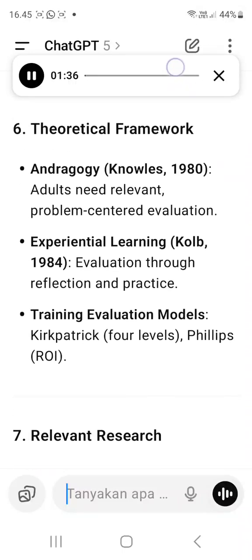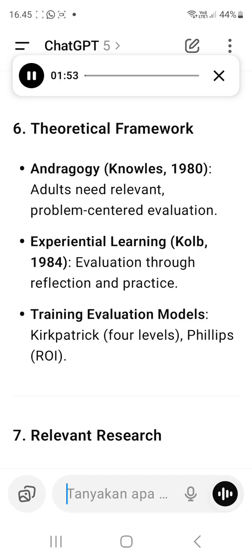6. Theoretical framework. Andragogy, Knowles 1980: adults need relevant, problem-centered evaluation. Experiential learning, Kolb 1984: evaluation through reflection and practice. Training evaluation models: Kirkpatrick, 4 levels; Phillips,